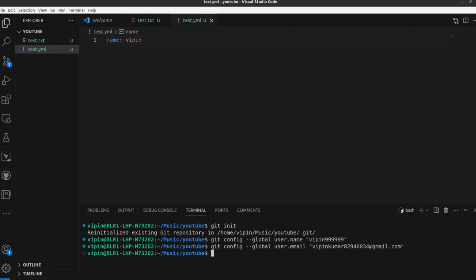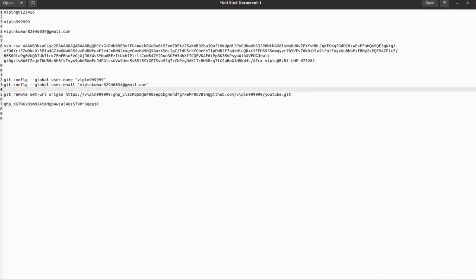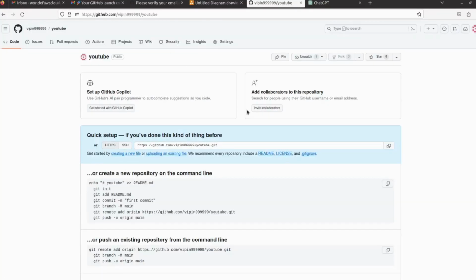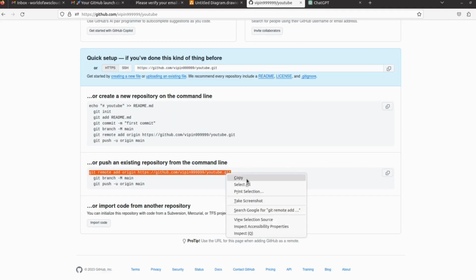Then after that we have to run this command, git remote add origin, and we can get this from here, right? git remote add origin with the HTTPS github.com URL, the username, then your repository name, youtube.git.